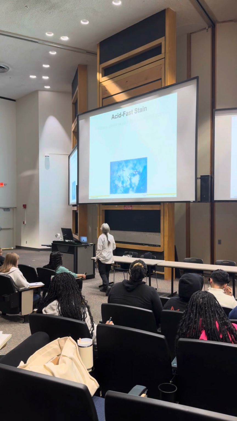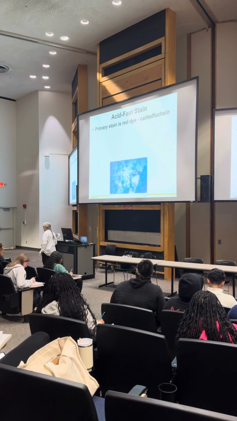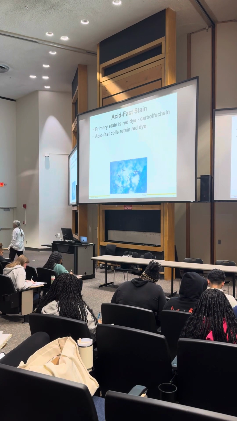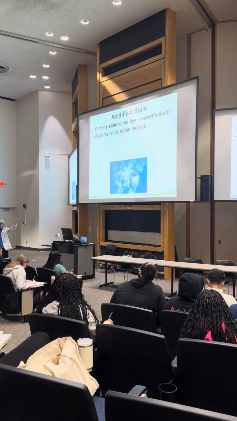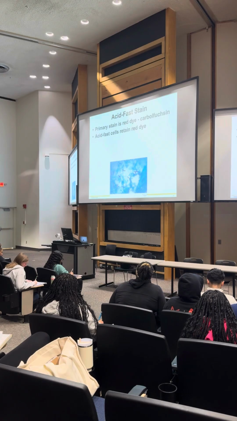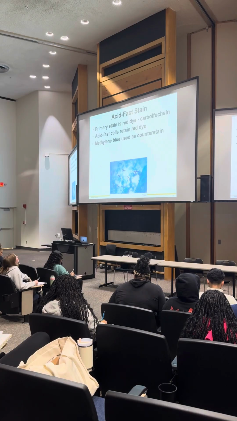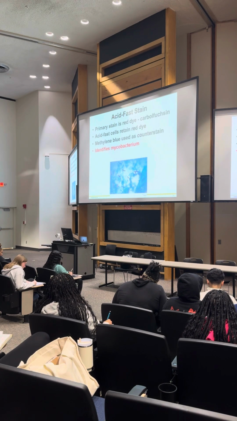Okay, another kind of stain is called the acid-fast stain. I'm not sure if you'll do one of these or not, but you might. In the acid-fast stain, there's a particular cell type called acid-fast cells, and they retain the red dye. Carbolfuchsin is what it's called. You don't have to know that. Just know that in an acid-fast stain, the cells stain red. And the big thing I want you to know is really this, because it's in red, right? So acid-fast stains identify